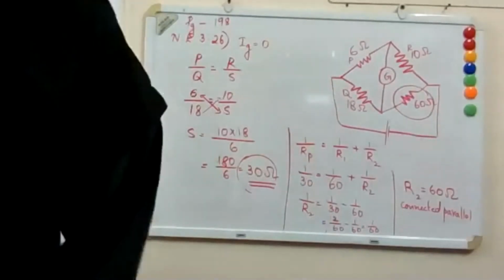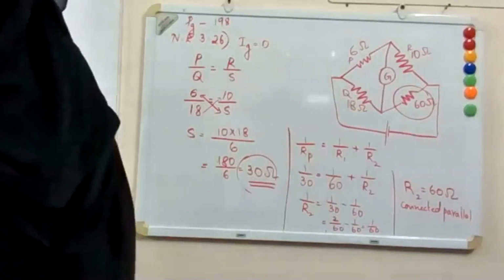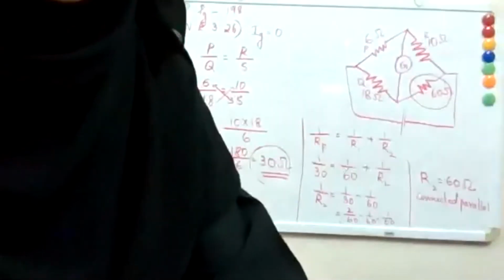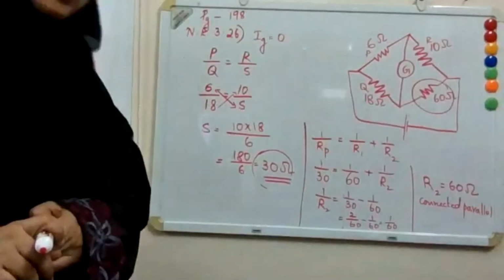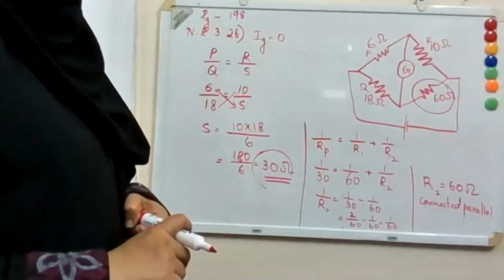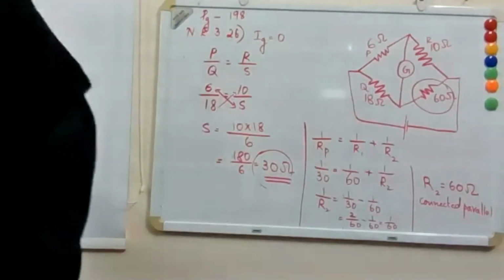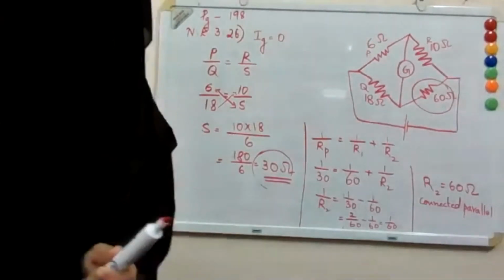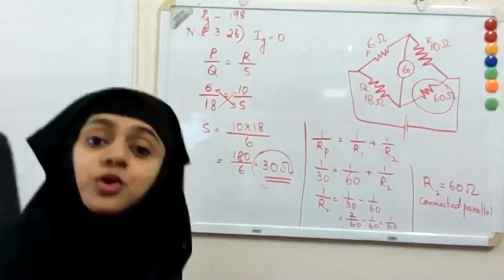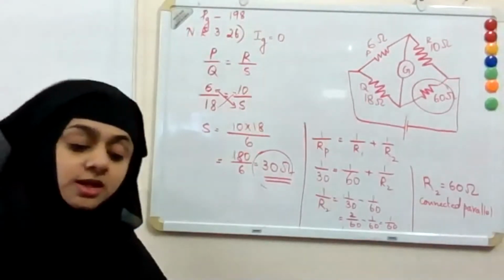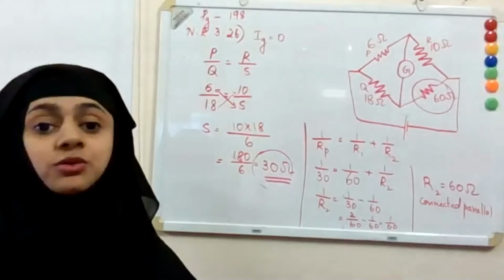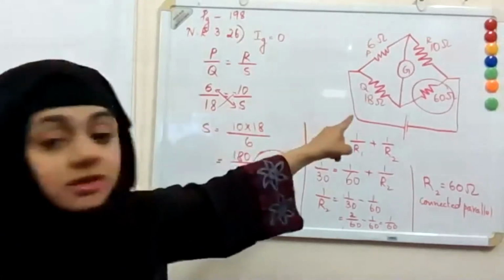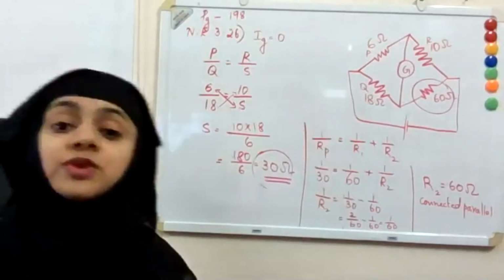There is one more problem which you can try by yourself. Teacher, I have a doubt here. The resistance was connected in parallel, right? What if we remove the 60 ohm resistance and add 30 ohm? The question is how much resistance is to be connected and in which way? They don't give you a chance to remove the 60 ohm resistance and connect a new one. They have asked you how much resistance is to be connected to that 60 ohm and in which way.